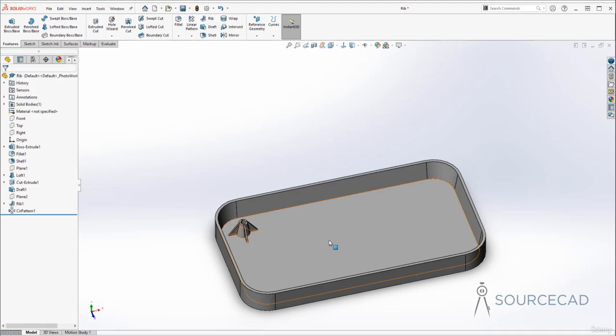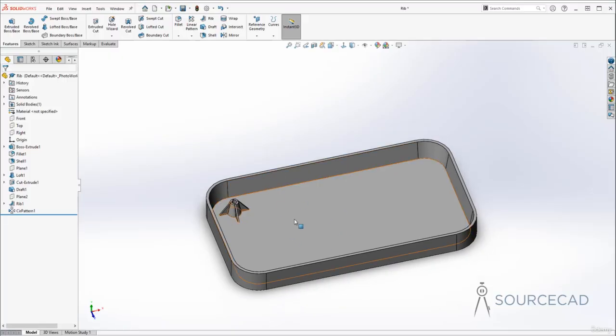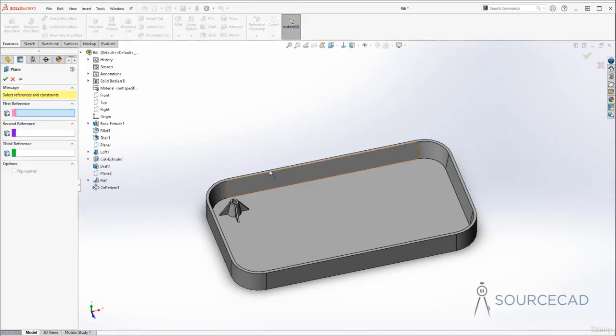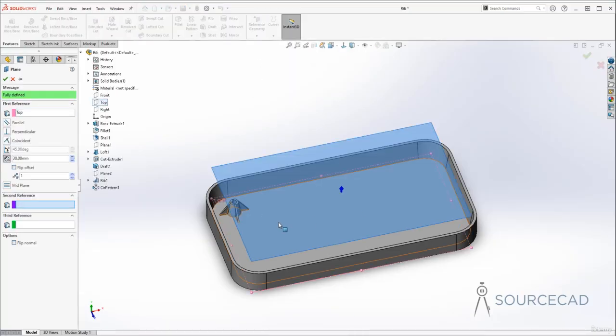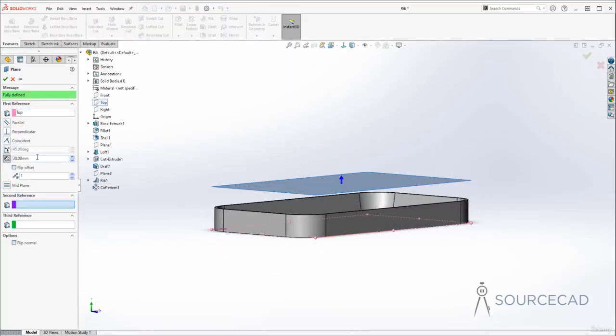Now let's talk about another example of rib feature, and for that I'll just use this same plate again, and I'll add infills. So infills actually add strength to these kind of hollow plates. So once again, I'll start with a reference plane. So I'll go to reference geometry plane, and using top as a reference, I'll just create another plane at a